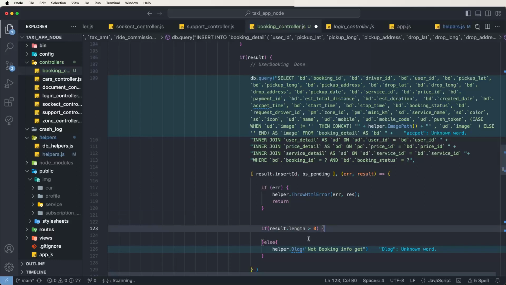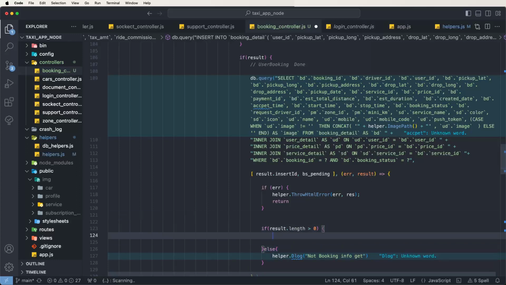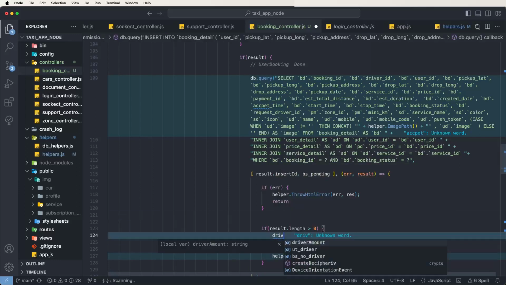Now here you need to create one function for the driver request. Need to write down the driver new request